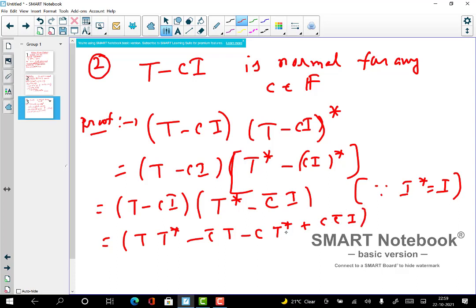So we can write it down as T star T, since T star commutes with T, and then you can take these terms, which are c T star minus c bar T,